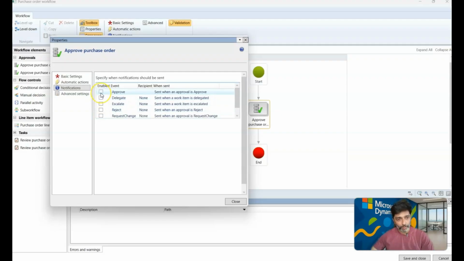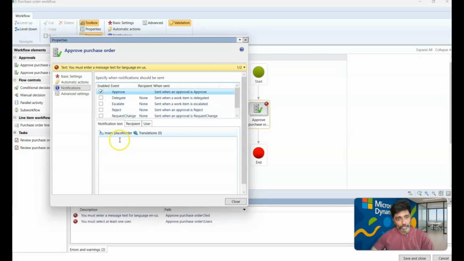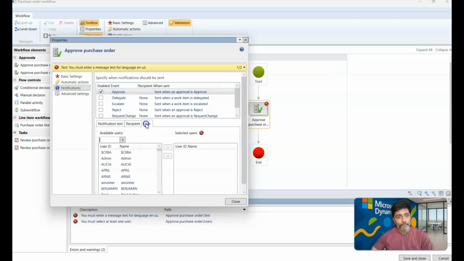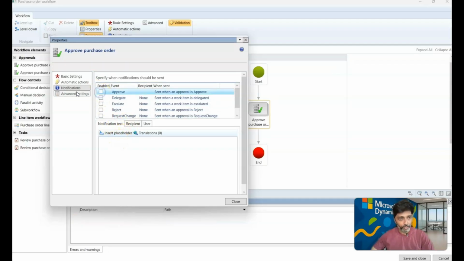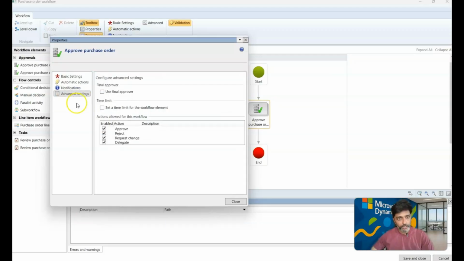And of course, let me know if you want me to make a detailed video for enabling the notifications. If I enable approve, then I have to configure the recipient and user details as well, which is self-explanatory. You can try this out on your own. But if you want the notifications, then you have to enable those appropriately, and then configure the message information as well here. And if you go to advanced settings,